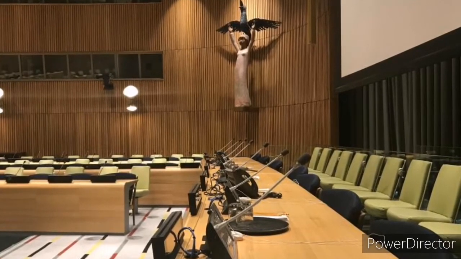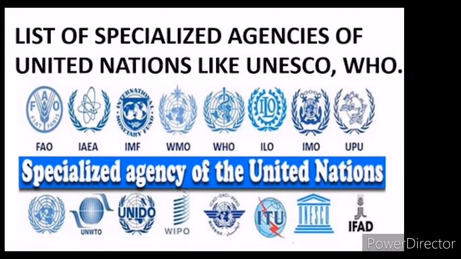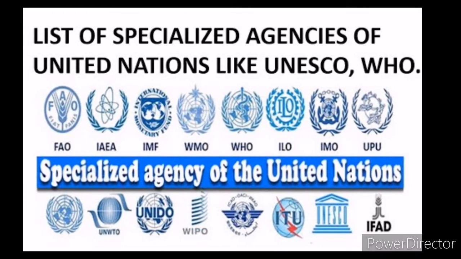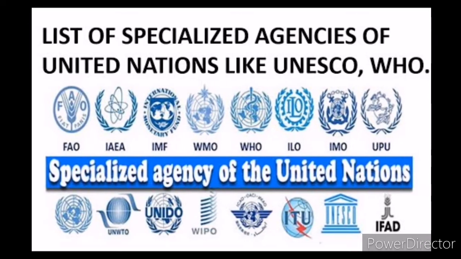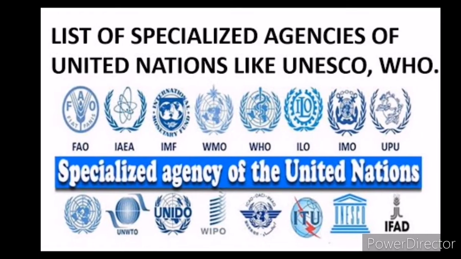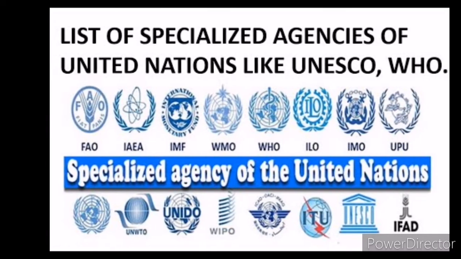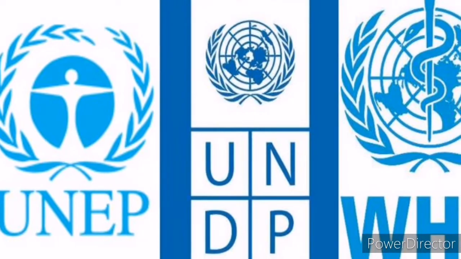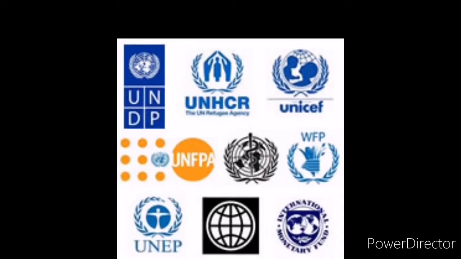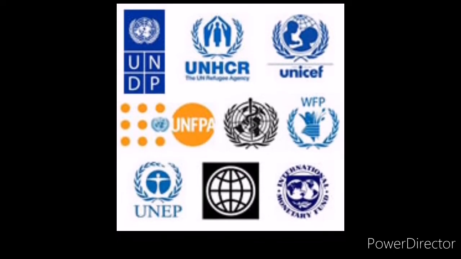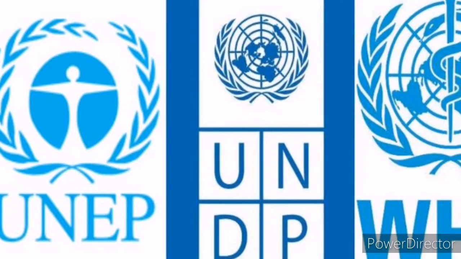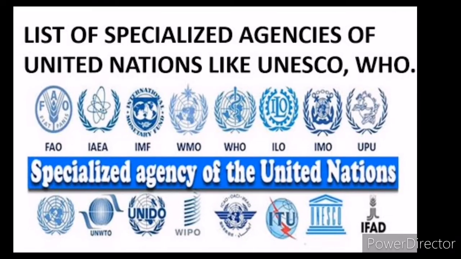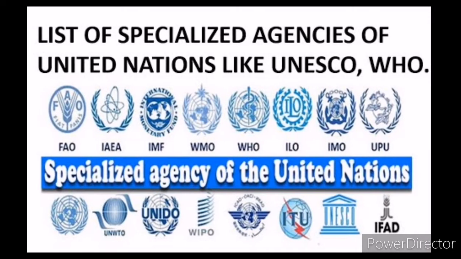There are also specialized agencies of the UN which work under the supervision of the 6 organs of the United Nations, and those are FAO, Food and Agriculture Organization, IAEA, International Atomic Energy Agency, ICAO, International Civil Aviation Organization, IFAD, International Fund for Agricultural Development, ILO, International Labour Organization, WHO, World Health Organization, IMF, International Monetary Fund, ITU, International Telecommunication Union,